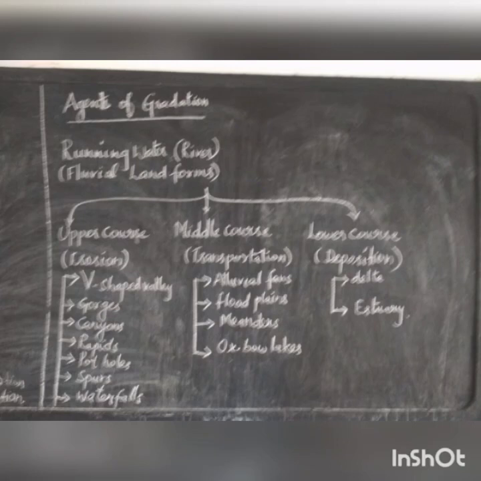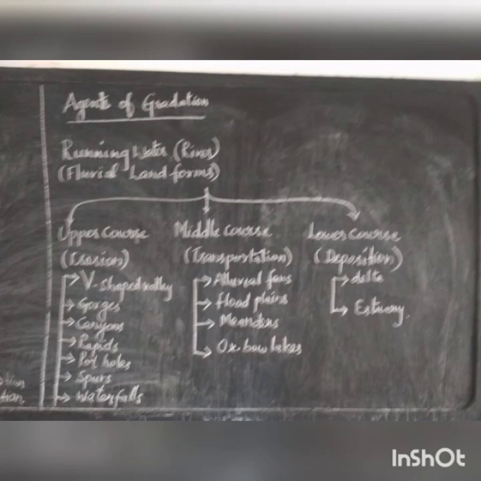Number 2, waterfall. The river falls vertically from a steep slope to form a waterfall. When the water falls with a great force, it erodes the rock materials beneath and creates a depression called a plunge pool. Shallow, fast-flowing water in a stream is called a rapid or river jumps. The highest waterfall in the world is Angel Falls.